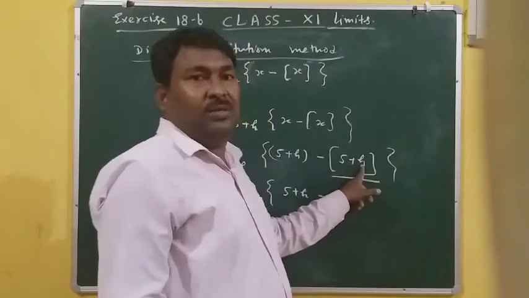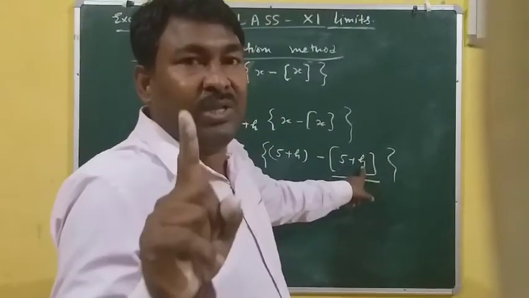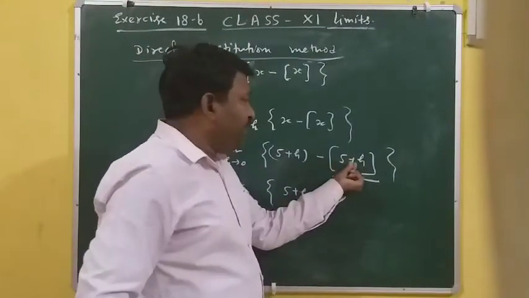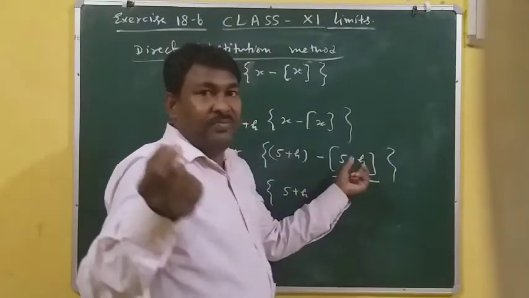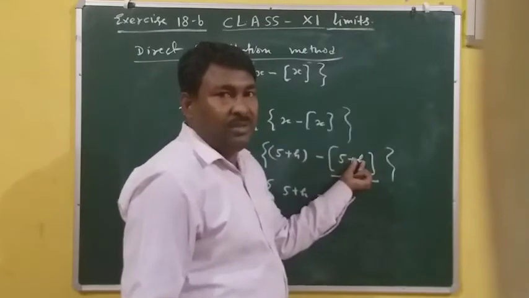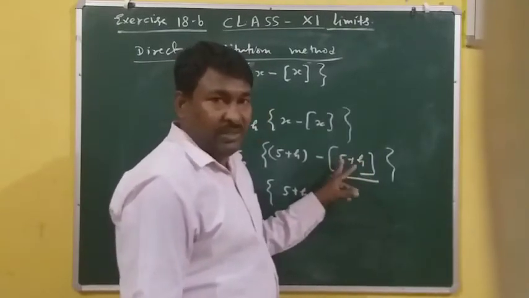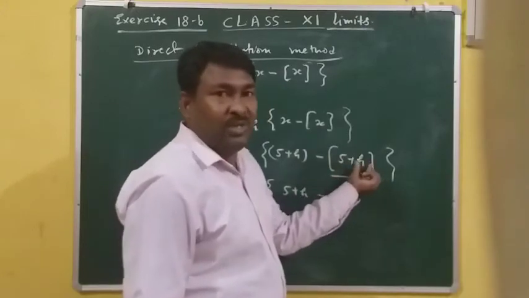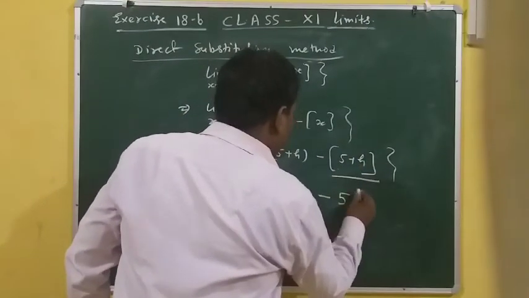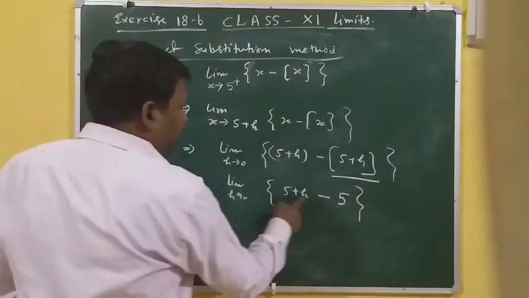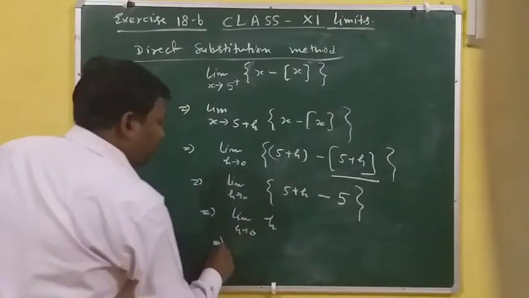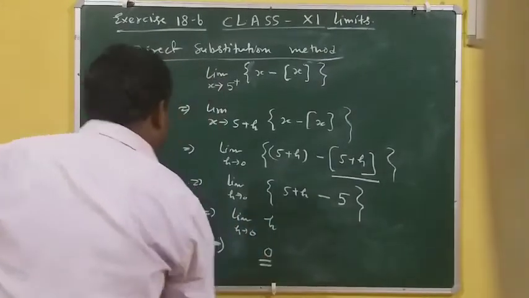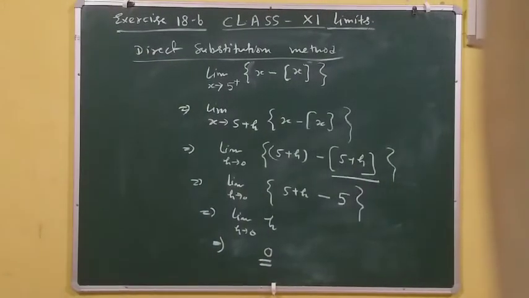h is a very small value, very small means less than 1, very close to 0. So 5 plus a value less than 1 means that must be in decimal, very close to 0. So 5 point something, since this 5 is not negative, therefore 5 point something, so its greatest integer will be 5, right? It implies now 5 minus 5 cancel out, so you will get h, limit h tends to 0. Now putting the value of h as 0, its value will be 0.